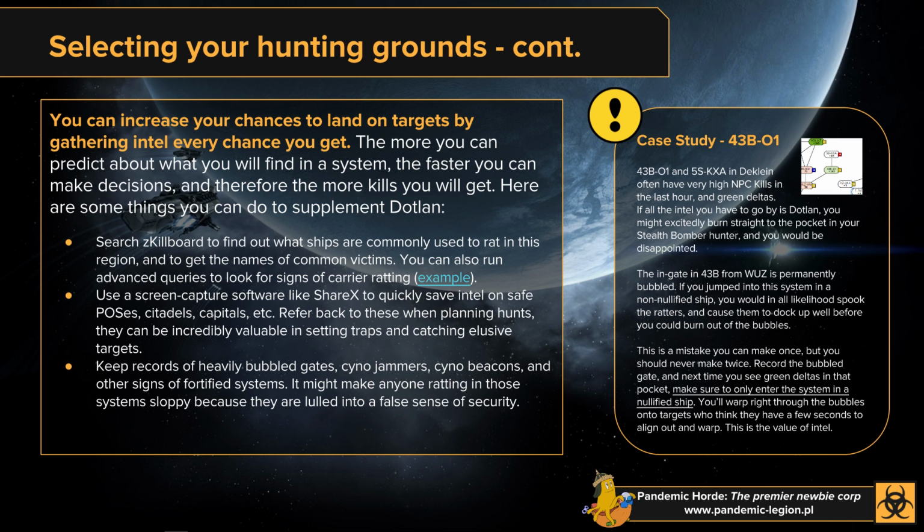Another thing that I'll do to capture intel is to use some kind of screen capture software. I use ShareX, and this is to quickly save intel that I have while hunting on things like safe POSes, citadels, capitals that I see that I'm not able to catch, and I refer back to these screen caps either after the hunting session or at another time when reviewing the results, just to find possible targets in the future. Like if I have screen caps for a carrier in a particular POS, every single time that I jump into a particular system,